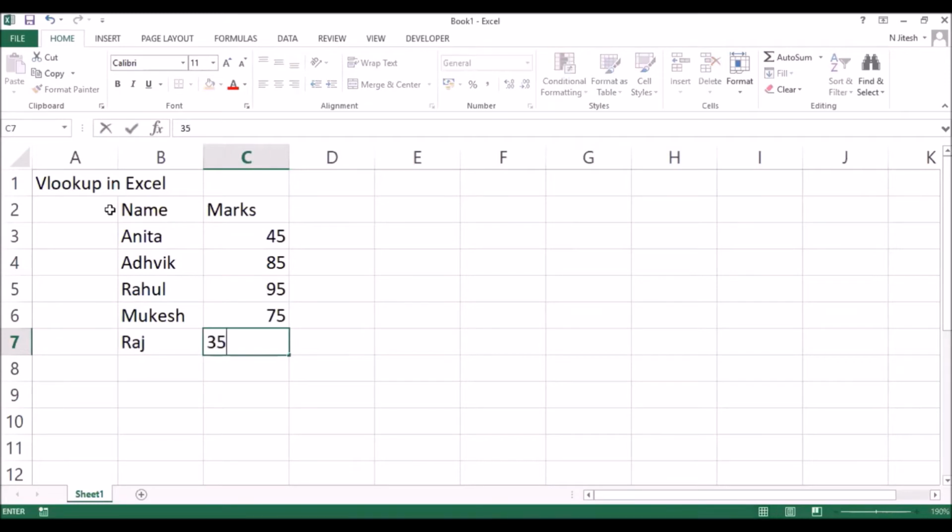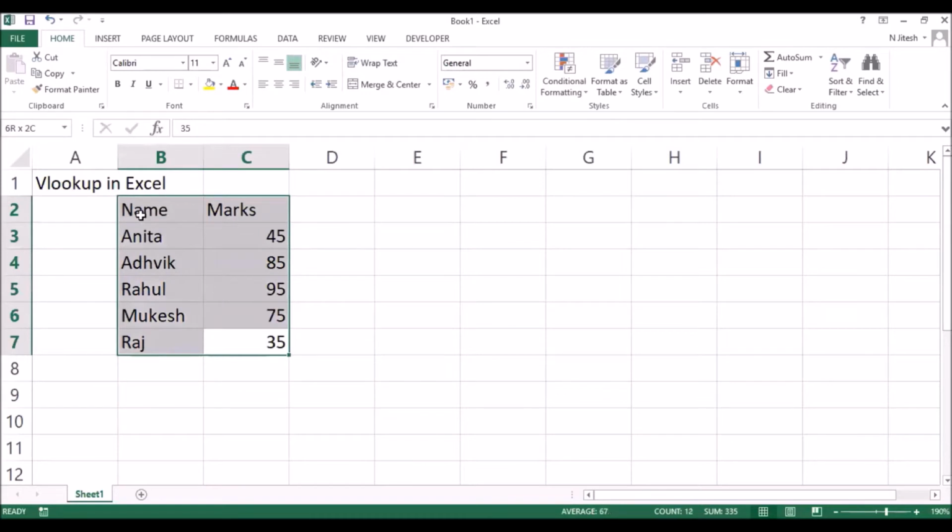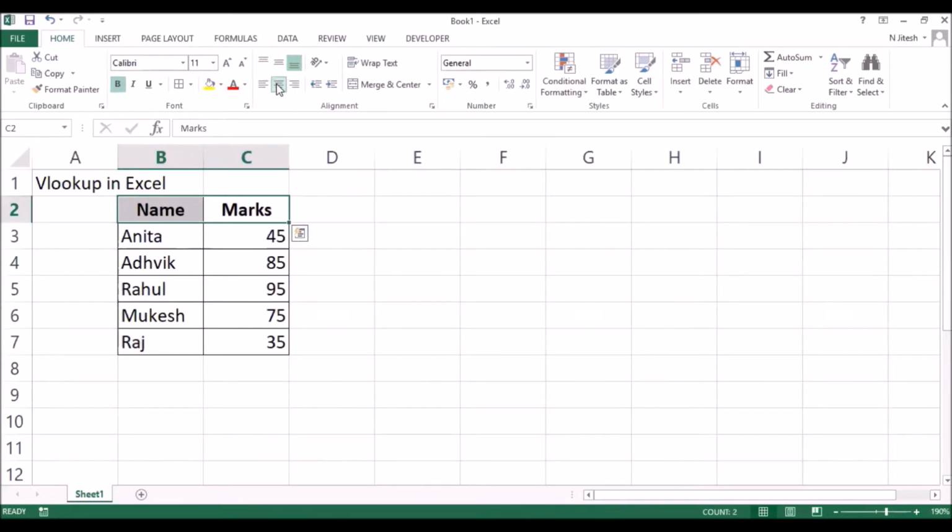I think we are good with this data because my main motive is to show you VLOOKUP in the simplest way I can. If you get the technique correct, it will be very easy for you to solve the more complex things. So here I have created a table with name and marks.